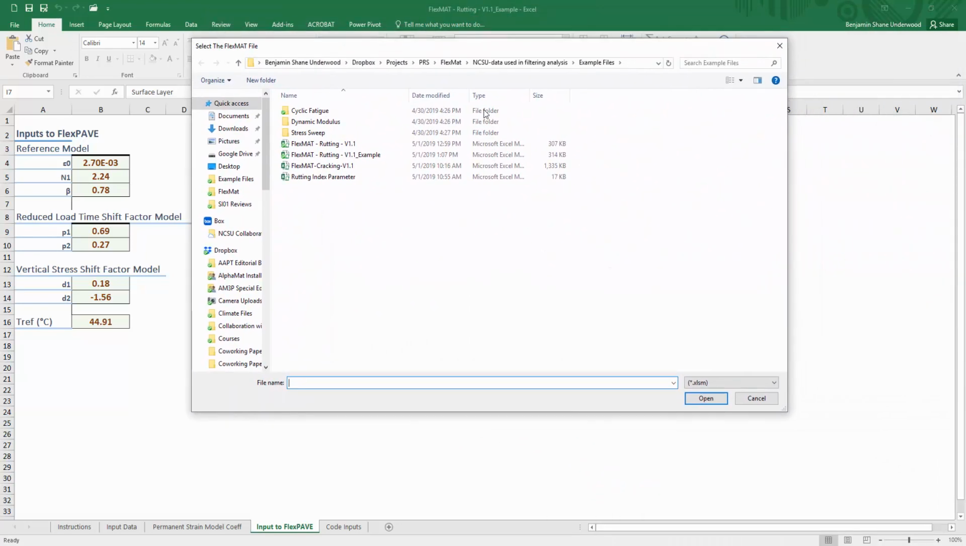Now this is being done in real time, and so you see that fairly quickly my computer loaded up a dialog box that asks us to select the FlexMAT file. This is a little bit awkward, but the way that the spreadsheet is working is that it asks us to select the same file that we've been working on. You'll notice that it is the one that's open, and it's the one that we saved before, which is FlexMAT Rutting version